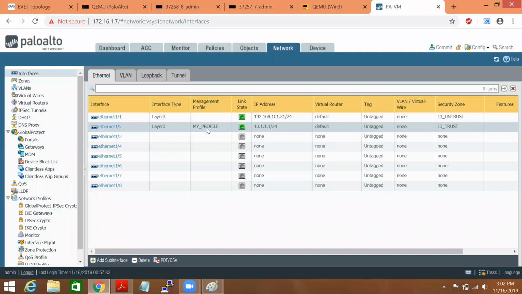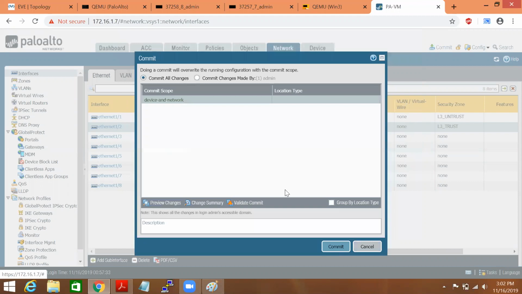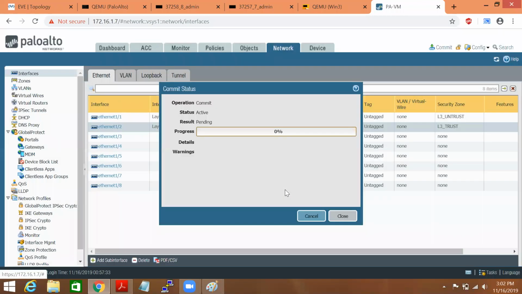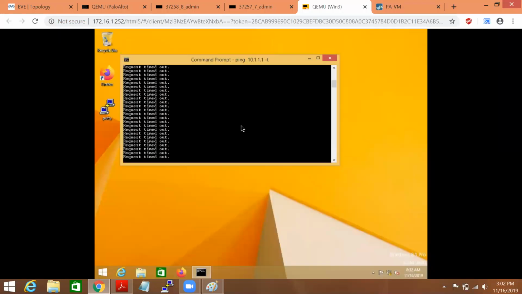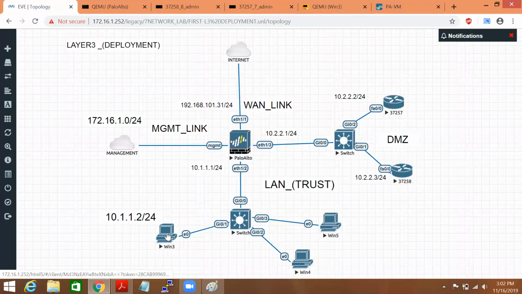So you can check I have applied it, and now in order to check we'll have to commit it. Once you commit, we can ping the firewall from the interface. So you can check there is a continuous ping running from my trust machine, which is Windows 3, having IP address 10.1.1.2.